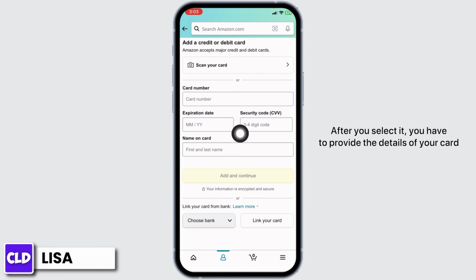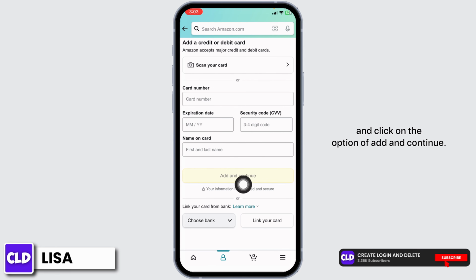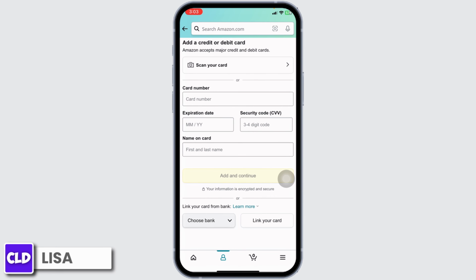After you select it, you have to provide the details of your card and click on the option of add and continue. And with that your card will be added in Amazon account. So this is how you can easily add card on